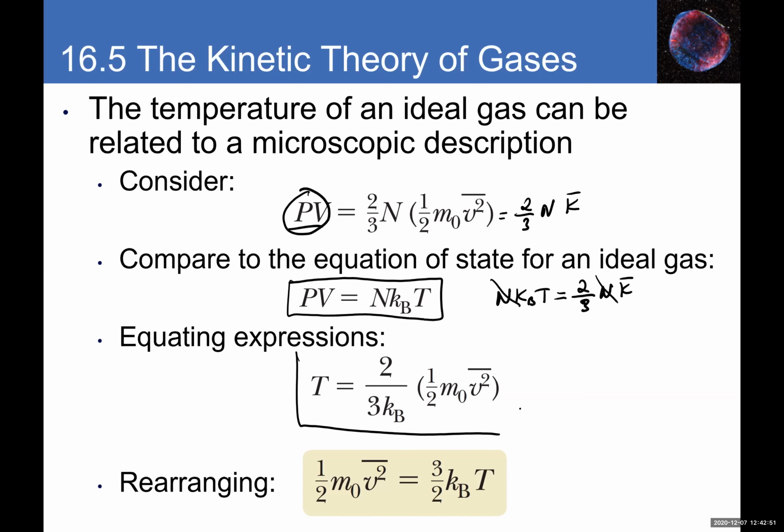what we end up with, if you rearrange and move 2/3 Kb to the other side, is 1/2 m v average squared equals 3/2 Kb T. Kb is a constant, right? So this quantity here is the average kinetic energy, and it's proportional to this quantity here, the temperature, which means that temperature is nothing but the average kinetic energy of the